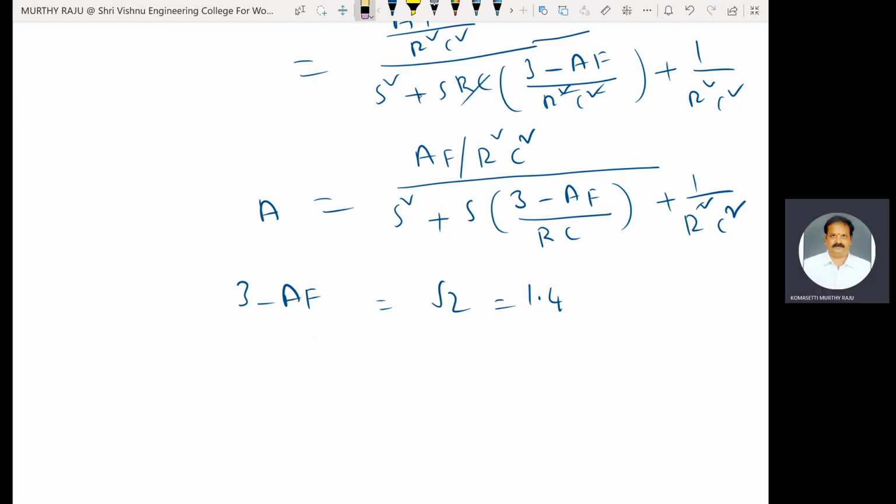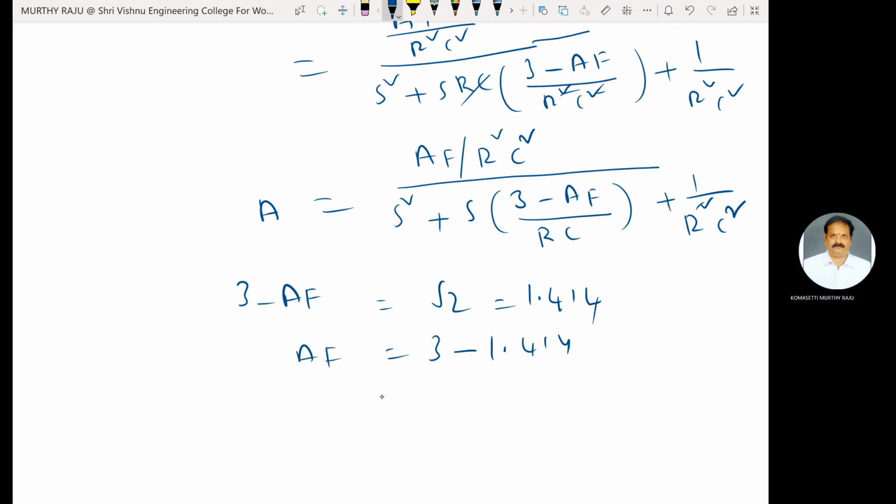RC is not required. This is the Butterworth second order low pass filter. 3 minus AF is equal to root 2, that is equal to 1.414. AF is equal to 3 minus 1.414, that is equal to